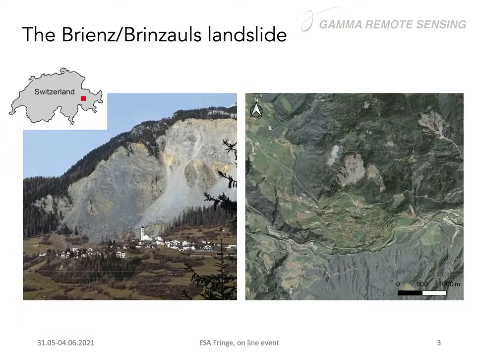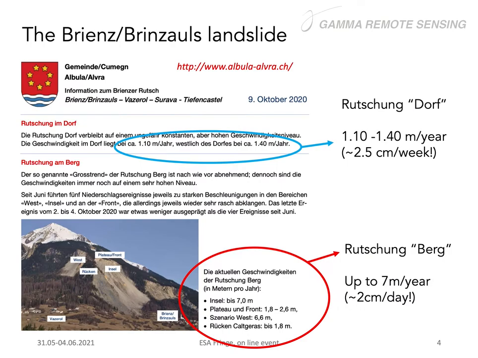And here we have focused on a very specific case study in Brienz in the Canton Graubünden in the Swiss Alps, where the entire slope is affected by deformation, and this deformation is characterized by spatial complexities and also temporal complexities. And we have also a risky condition because there is a village on top of this slope that might be affected by the deformation and by potential failure. So you see the velocities are quite high, in the order of a few centimeters a week, and also in some cases also up to centimeters per day.